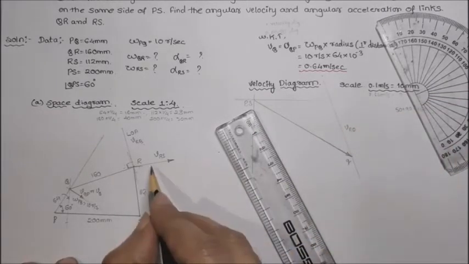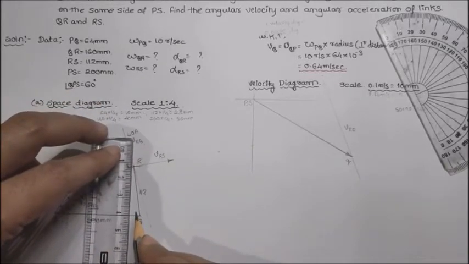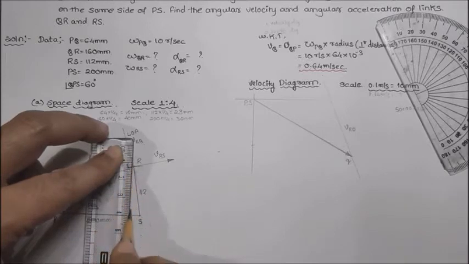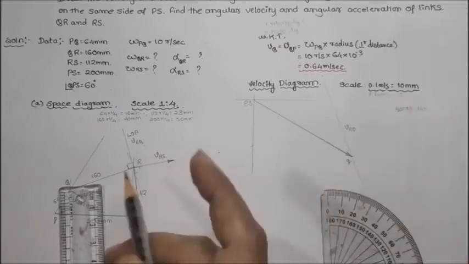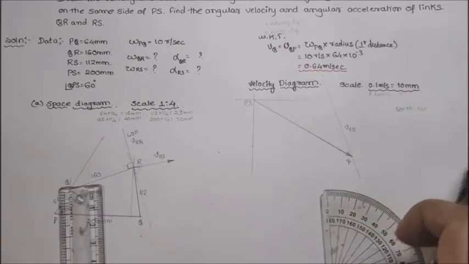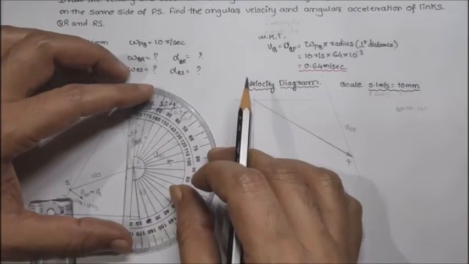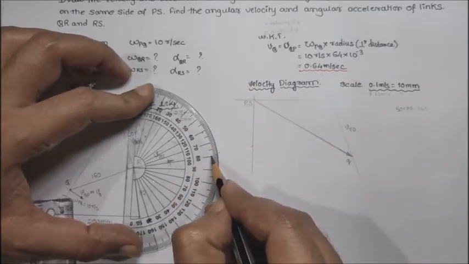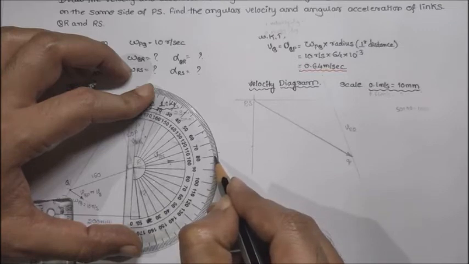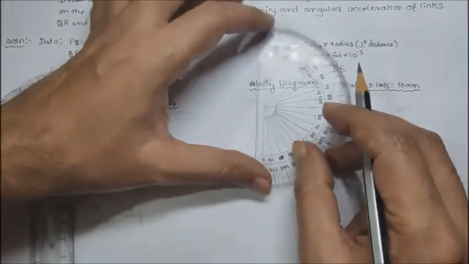Next, we have to draw this line rs. For that, again we will draw a line perpendicular to this. Okay, then we know this line and these lines are both perpendicular, so what we will do, parallel. So we will measure this one. We have got some value here, so it is 102. So we'll keep it here.